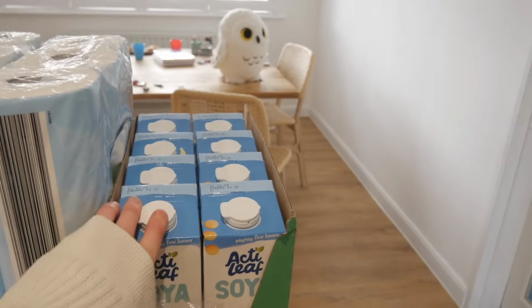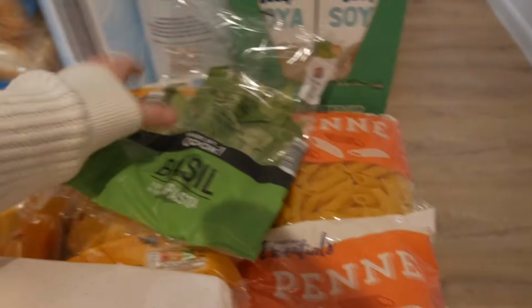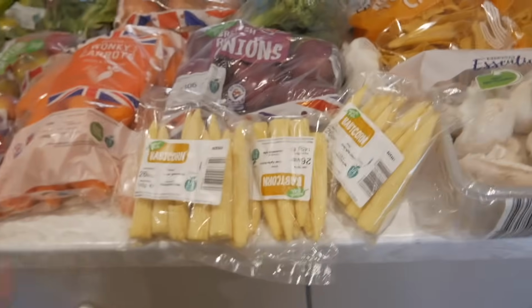Let me show you what I bought today. So over here, we got some soy milks, some toilet rolls, 2 packs of pasta, a pack of basil to make homemade pesto, 2 packs of nachos for dinner tonight, some mushrooms, 3 packs of baby corn, they were not on sale,